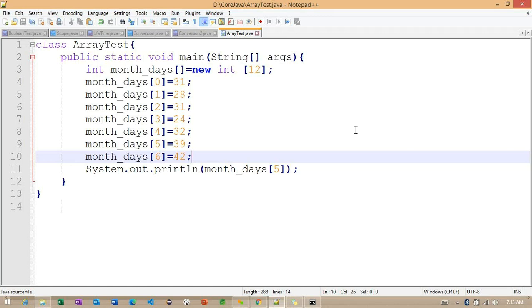So when we try to print the object variable, it gave us a garbage value, right? So what does that denote actually? Sorry, can you repeat? I did not understand. When we try to simply print month_days without the index, it gave us the object reference, right? So what is that value? Is that actually a location value or something like that?